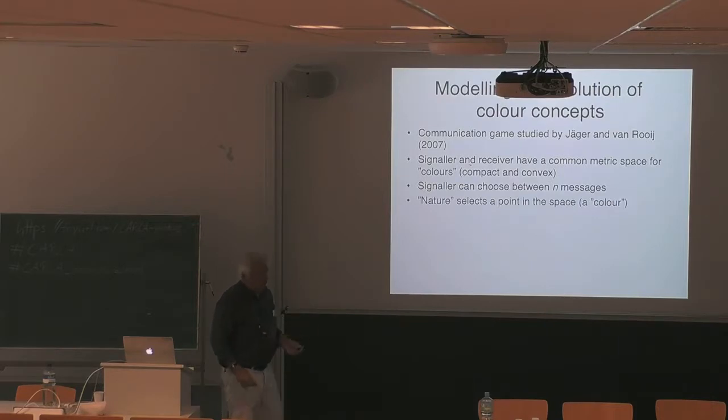And then the game proceeds as follows: nature, that is a computer, selects a point in the space. The sender selects one of the messages, and the receiver listens to the message, and then the receiver points to a point in the space. And the game is such that the closer the receiver points to the original point, the more the sender and the receiver are rewarded. So it's a cooperative game. The sender is saying A, B, C, or D, and the receiver has to guess the original point in the color space. Of course, at the beginning, everything is random, but after a number of iterations, they will converge on